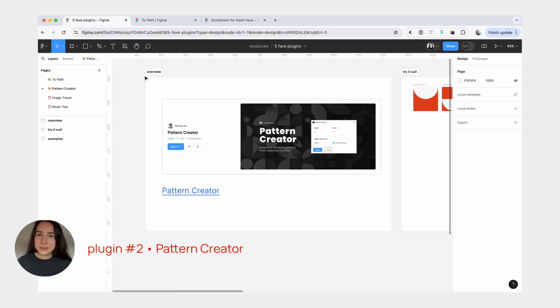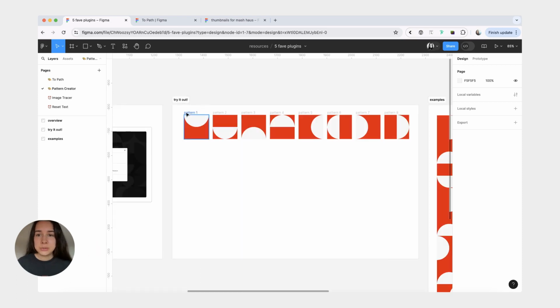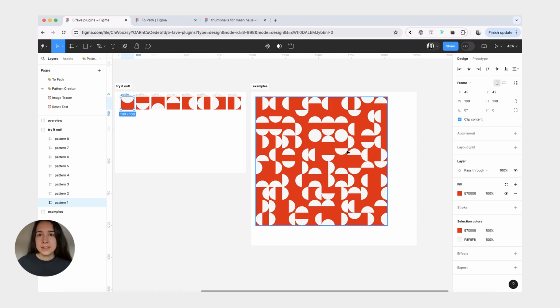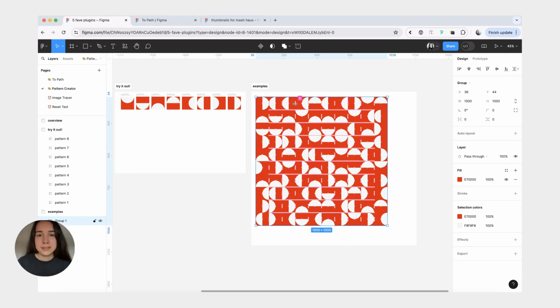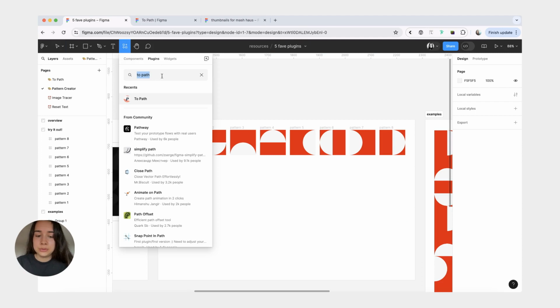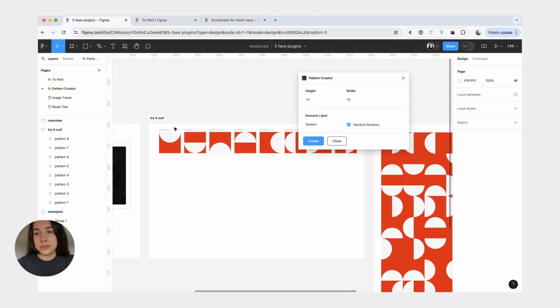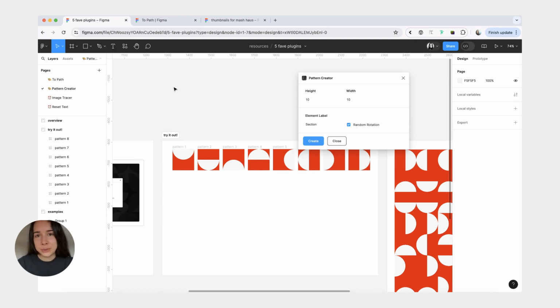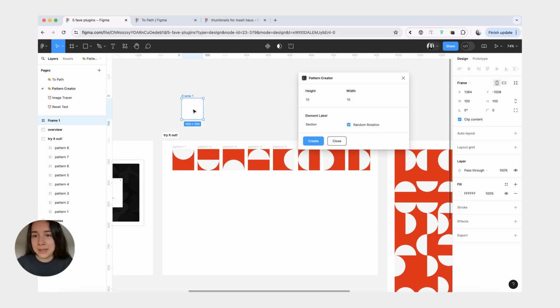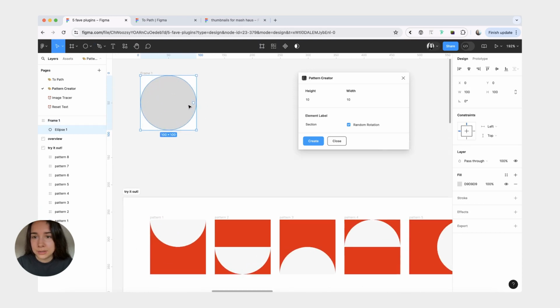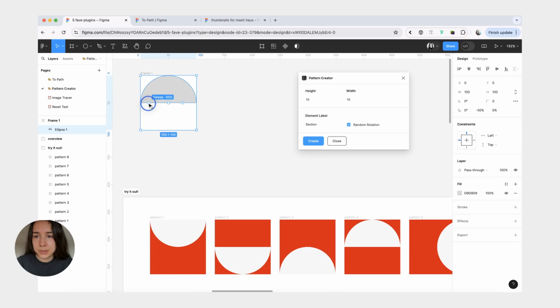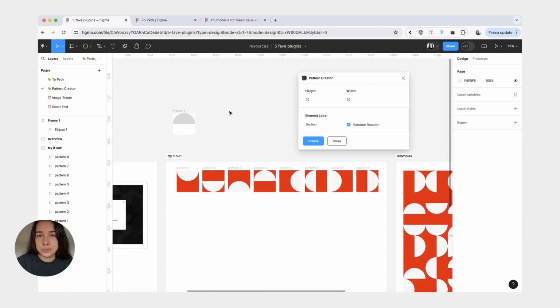The second plugin, also for creative things, is called Pattern Creator. And what it does, it prompts you to select 2 or more patterns. And then it creates a grid where your selected patterns are in random order and perhaps even rotated differently. So let's search for Pattern Creator. And from here, you're going to first make your own pattern, which could be as simple as mine. All I did here is just a frame, a circle, and then I modified it to be half a circle. Obviously, you can do whatever you want.